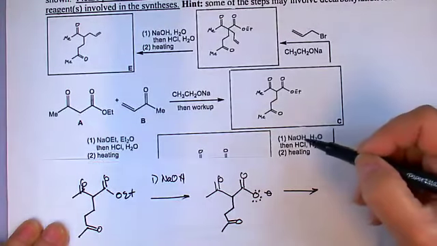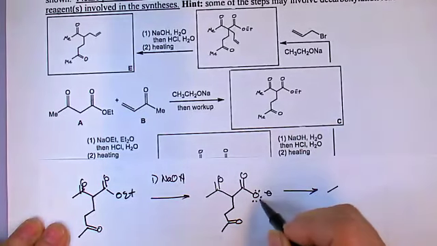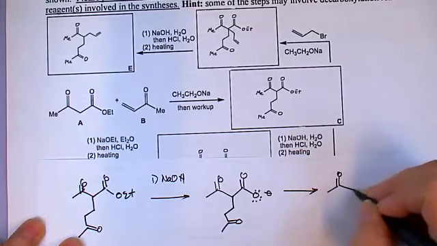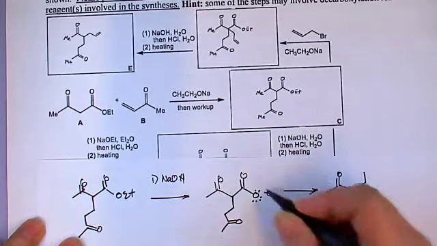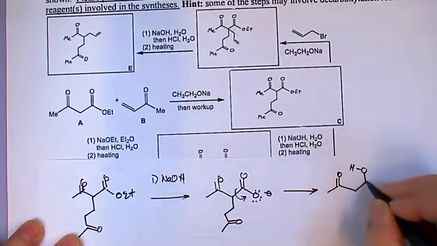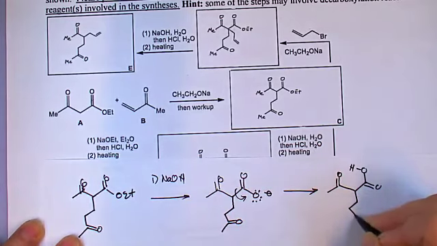There's a step here, and then that. And you're going to get here OH. And this time, again, I'm going to do what I did before. I'm going to rotate this so that I get OH here and that. That will facilitate drawing the